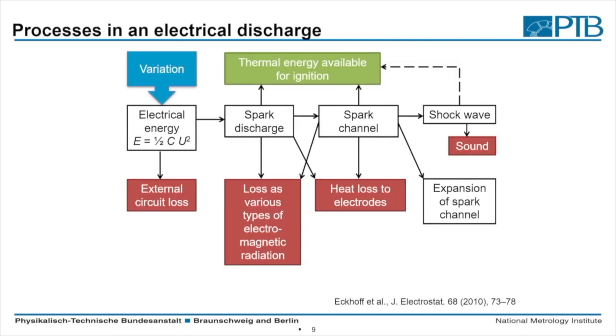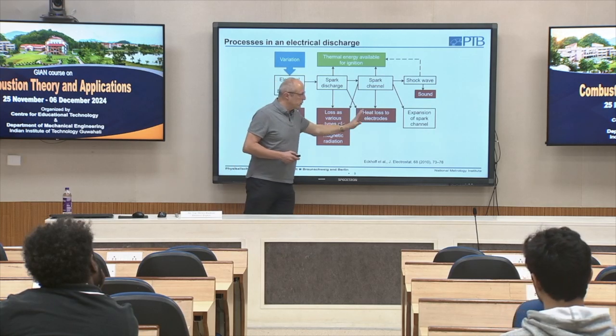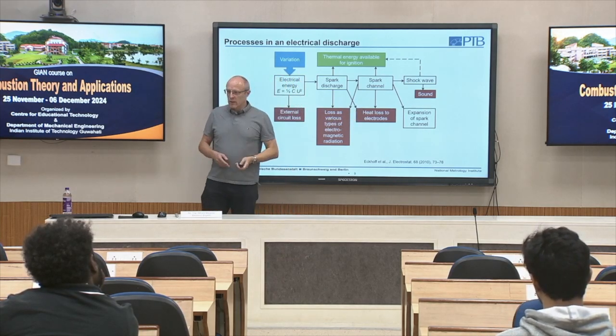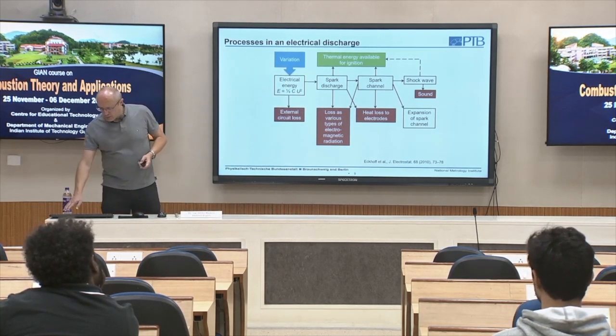The final question for us is always: what is the real thermal energy? When we want to compare it with a simple 1D configuration, numerical calculations using simple 1D calculations, normally we neglect all these losses. We just deposit energy to heat up our system. And of course then there is a deviation between the numerical and the experimental results, and this is due to the fact that we don't know this precisely, and this we have to examine.